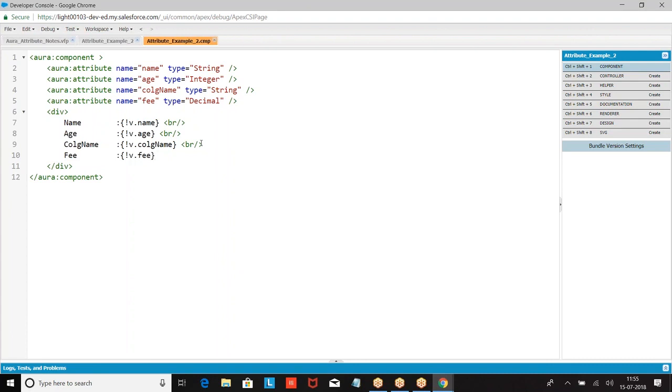So this is how we have got. Now we are invoking this component within an application.